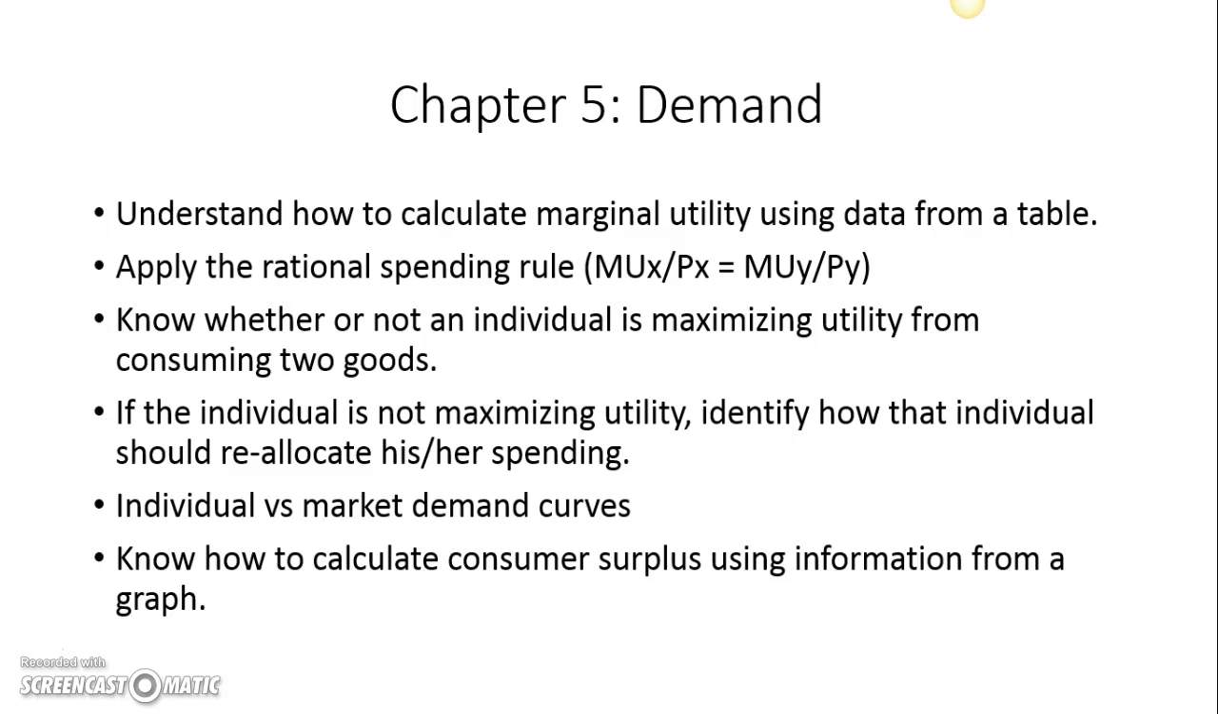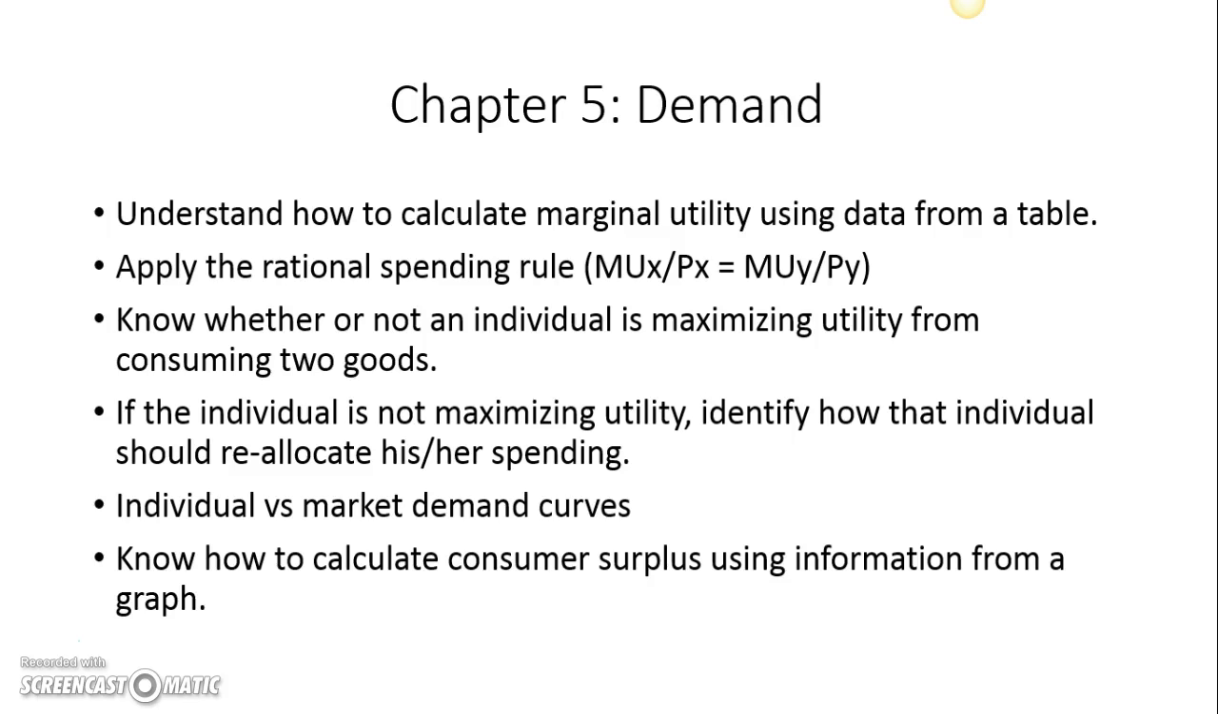From chapter 5, this is all about marginal utility and more stuff on demand. And so the really important stuff out of this is applying the rational spending rule. If I give you the marginal utility and the price for one particular good and the marginal utility and the price for a second good, can you tell me whether or not that person is maximizing their utility? And the only way that they can be maximizing their utility is if the marginal utility per dollar is equal across those 2 goods. If it's not equal, then the person should spend more money on the good for which he gets a higher marginal utility per dollar